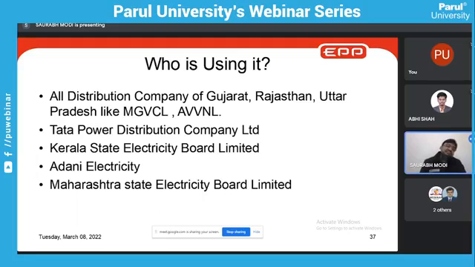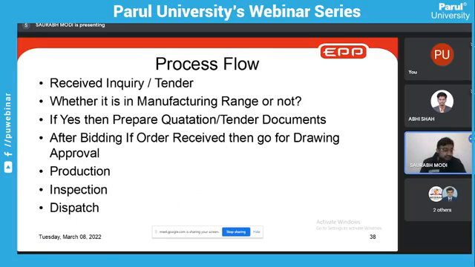These are the states that are using these boxes in very high amounts, and the annual requirement is more than 10 crores of boxes. So you can imagine the volume of sales which can be achieved with just a very simple product. Okay, now